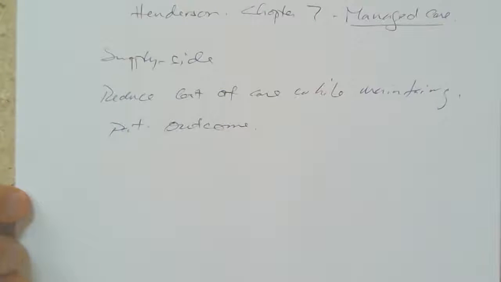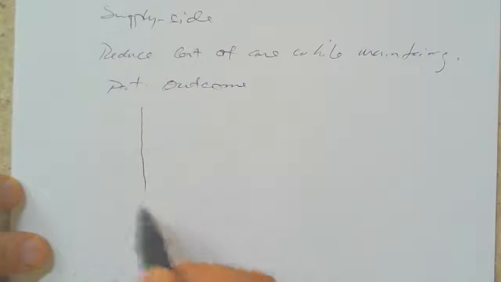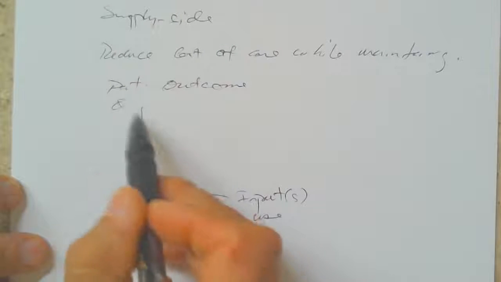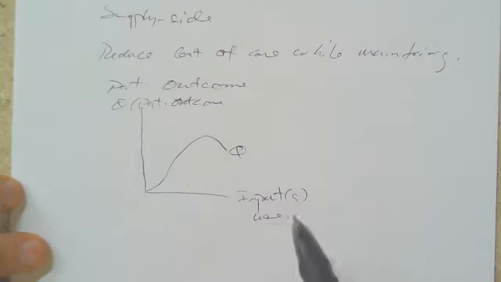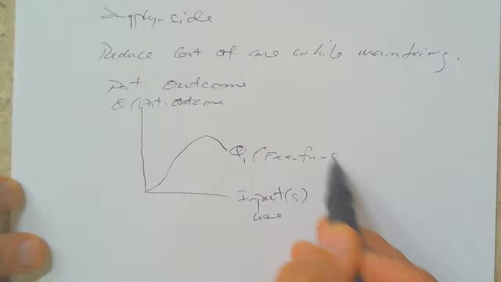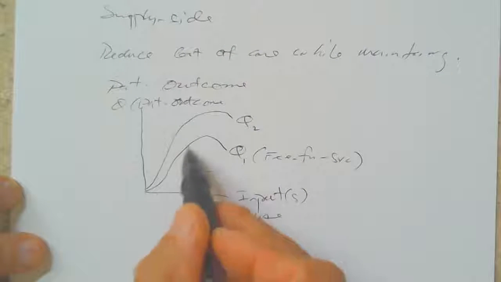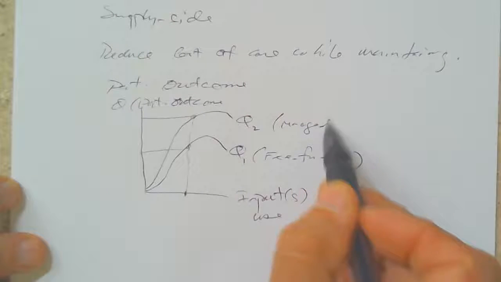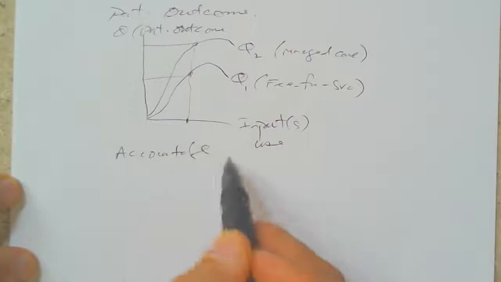So the idea is to deliver what you do deliver more effectively or more efficiently, which means in economic terms, if you were to think about it, this is input use, and then here is the output or patient outcome. And if this is your sort of production function, input-output arrangement under current, let's say, fee-for-service arrangement, we want through managed care to get a higher level of output for every resource used to generate better outcome under managed care, and that has led to ideas such as accountable care organization